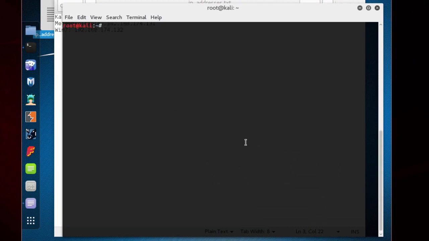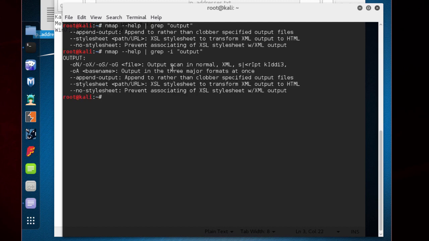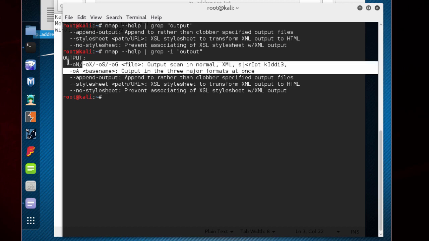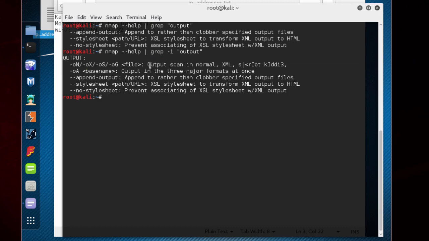So let me clear my screen first and then type nmap --help pipe grep and then output. Okay, there is this append output, style sheet, no style sheet, but I'm actually looking for something else. So keep in mind this grep is case sensitive. So I will add this and then press enter again. And now I have it. These first two lines tell about how you can save the output, like in normal, XML or other versions